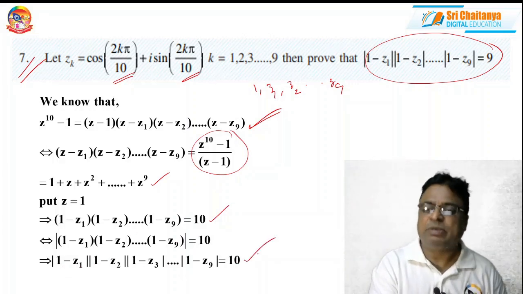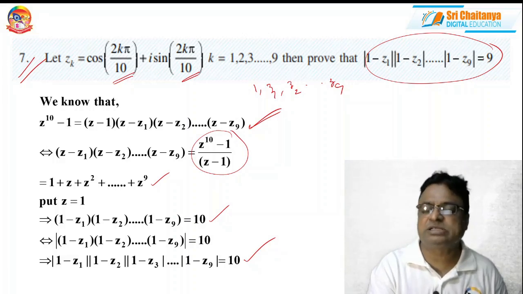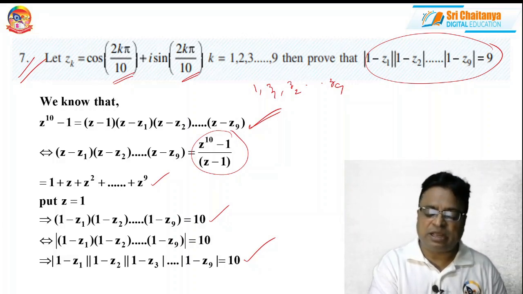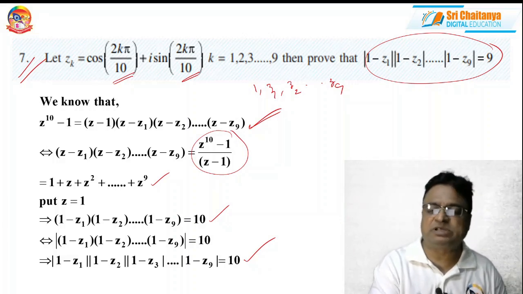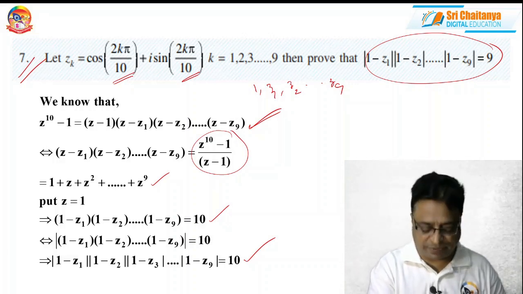Clear? But in the textbook it was given as 9; be careful, the answer is 10, not 9. They have given this as a matching problem in one of the advanced examinations also. So, as an independent problem also, it is very, very important.